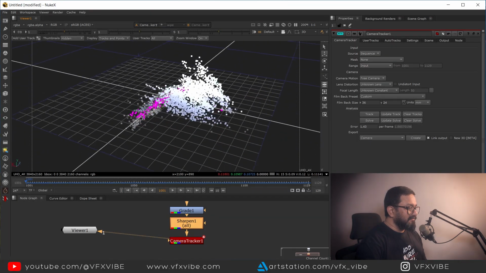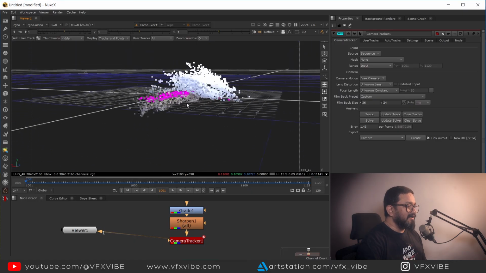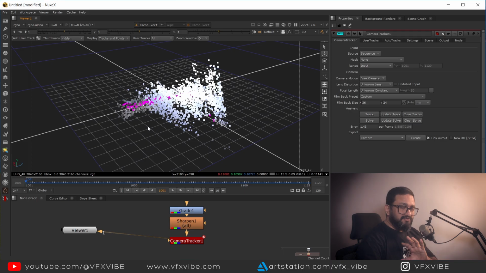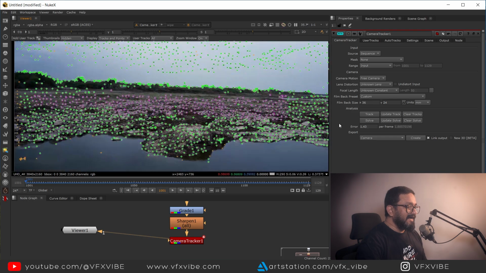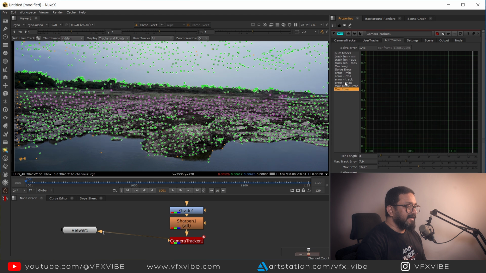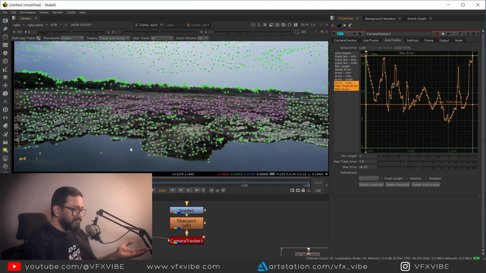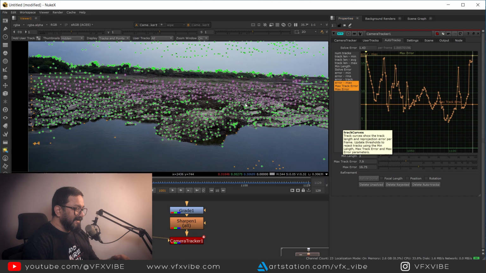although I am seeing that my point clouds of the sky are coming in front of the camera, which is not good, but I'm not going to solve this, because again this is the workflow we are following, right? So I'll go over here, and after that maybe I can reduce my error by going auto track, and I'll go over here. Although I should have done my refining before adjusting the ground plane, but no need to